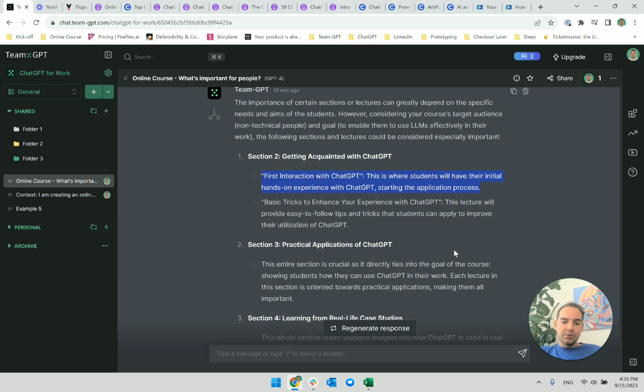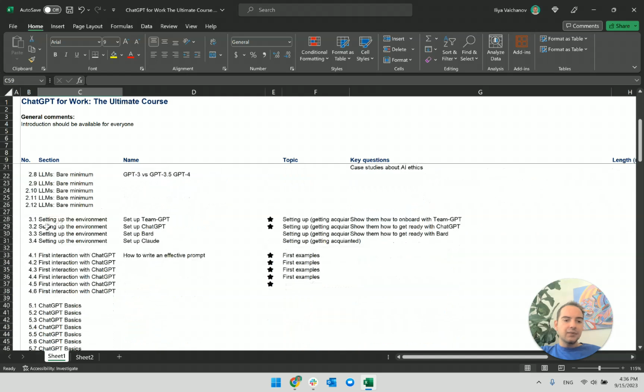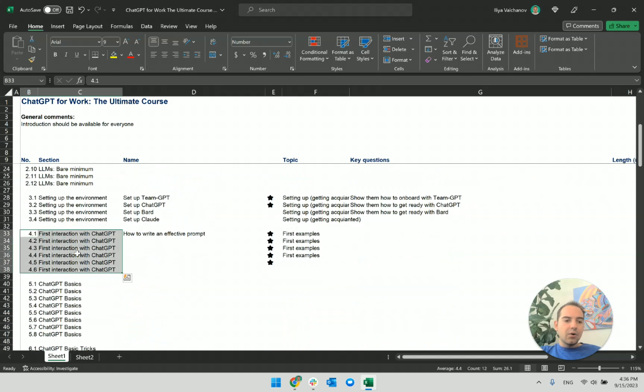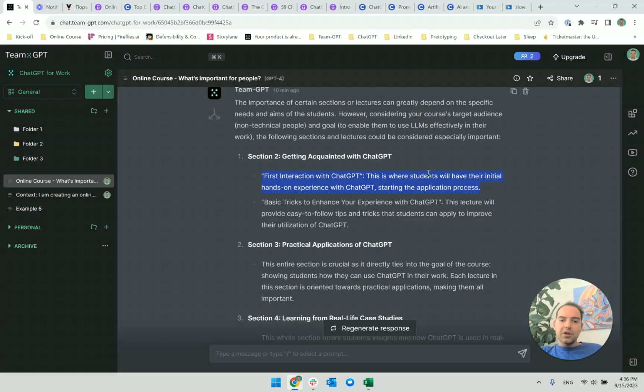I don't like how people are introducing the students to ChatGPT, and this is so crucial in my opinion that one of the big changes that I have done to the course is I have created a whole section which is first interaction with ChatGPT, and this will be a very, very practical section, and it would contain how to write an effective prompt and show the first examples. Now, many other courses are doing it badly, and this is what I get from the research, and this is what ChatGPT tried to tell me, right?